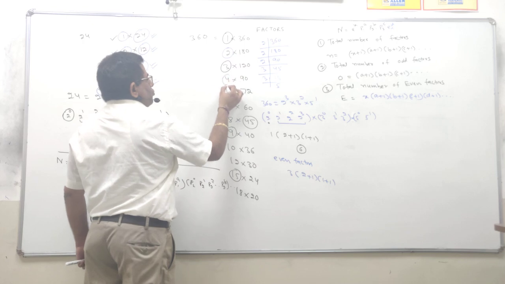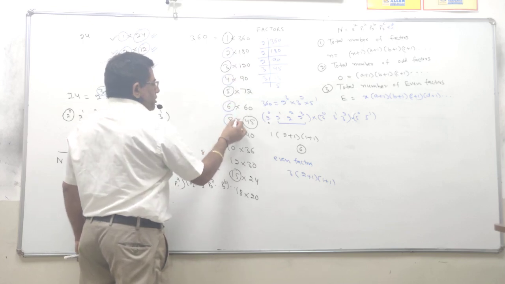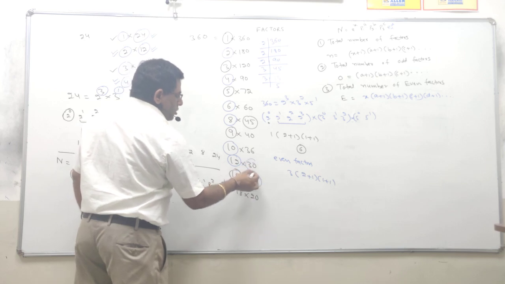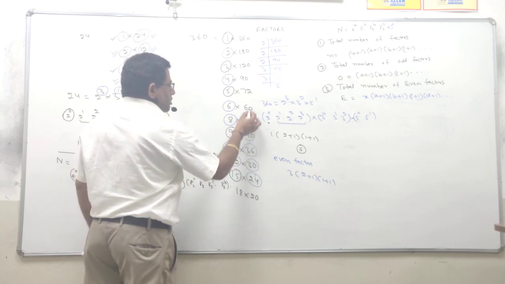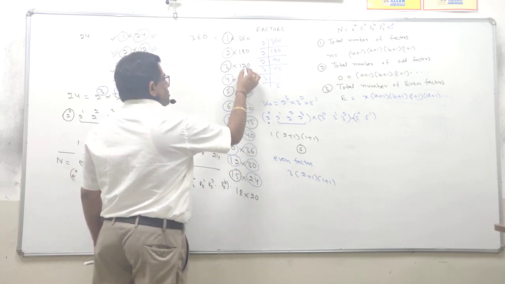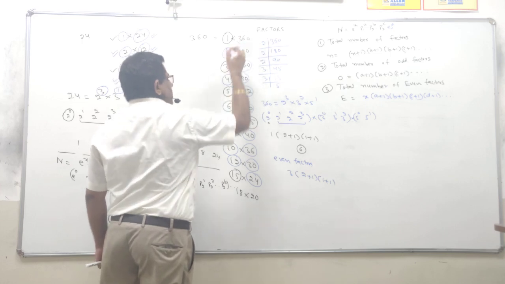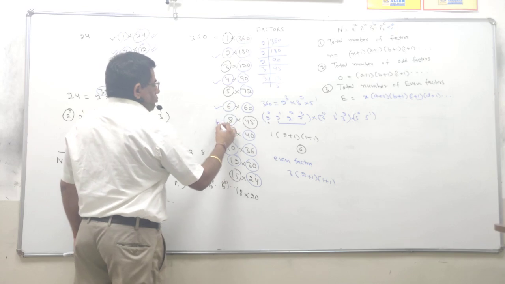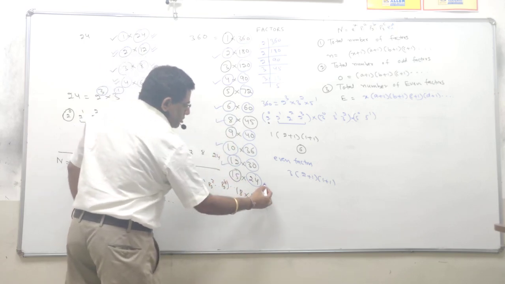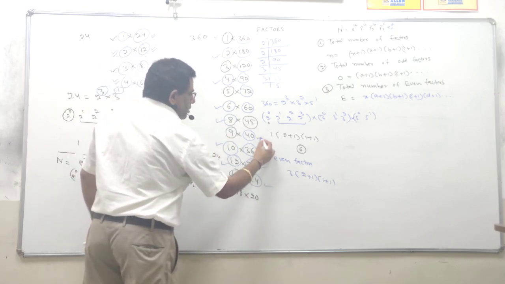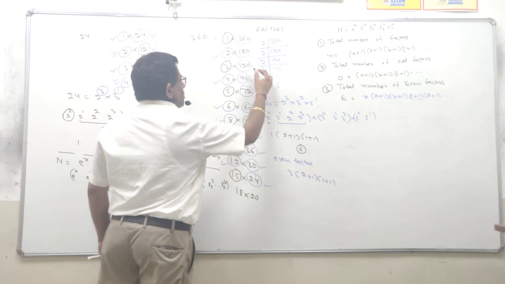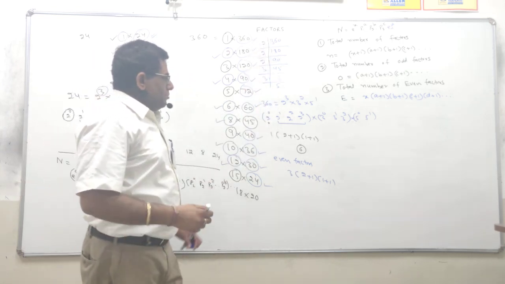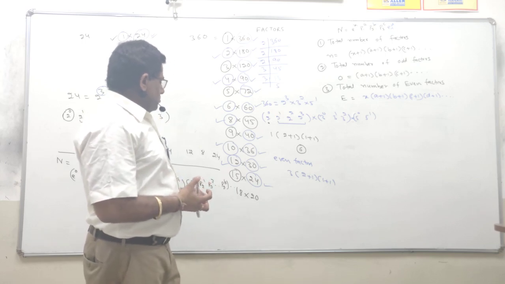It is 2, 4, 6, 8, 10, 12, 24, 30, 36, 40. We have total number of even factors as 18. This is 1, this is 2, this is 3, this is 4, this is 5, this is 6, this is 7, this is 8, 9, 10, 11, 12, 13, 14, 15, 16. So we have, okay,